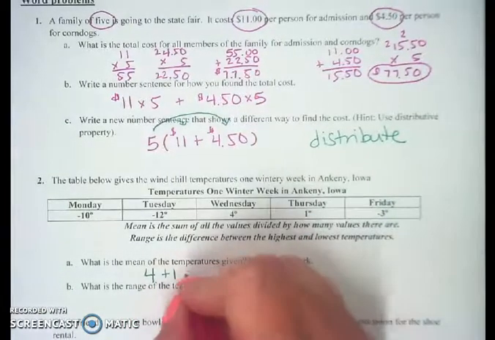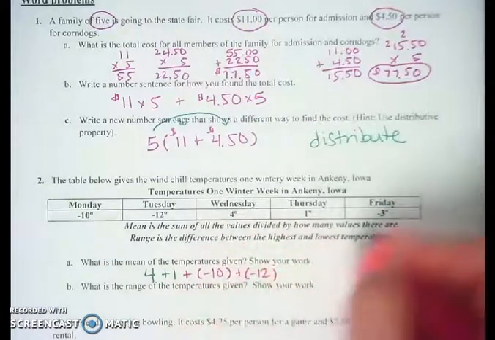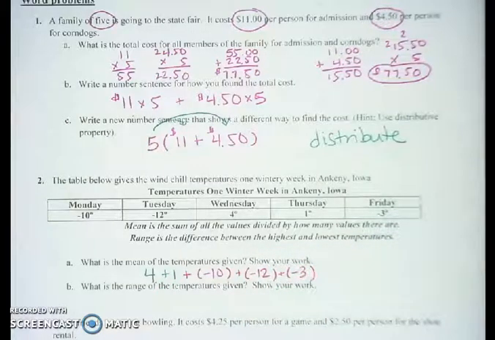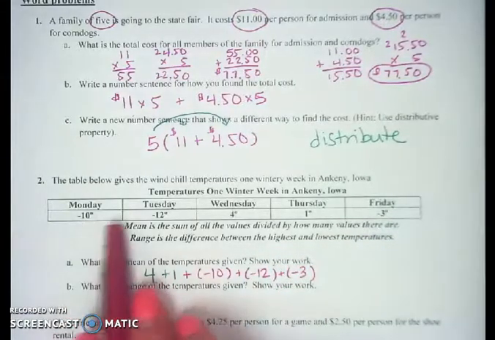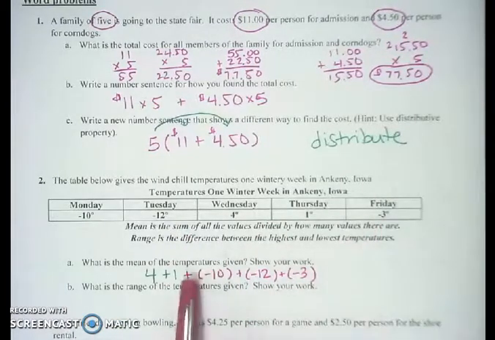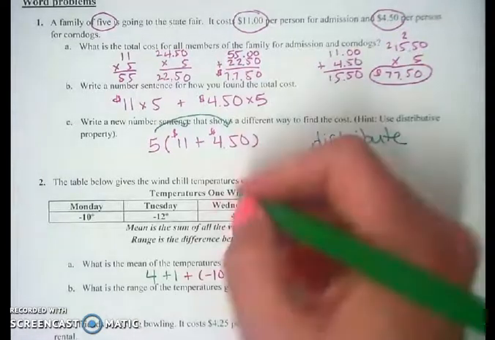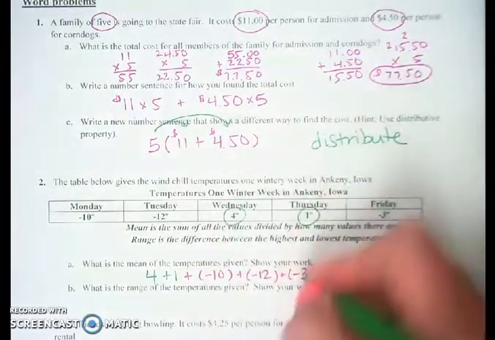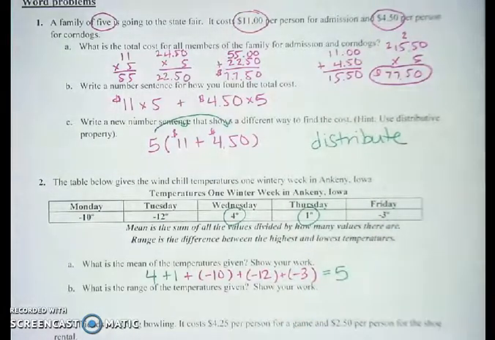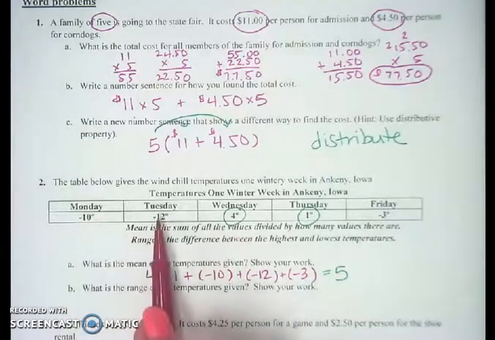But then I had a -10, a -12, and a -3. Okay, so for these types of problems, if I am adding all these together, the order does not matter. Usually I rearrange them so the positive numbers come first. Okay, so in my table, I would have a positive of 5 degrees, and I would have 10, 12, and 3, so 22 plus 3,